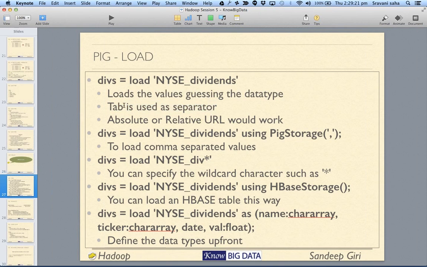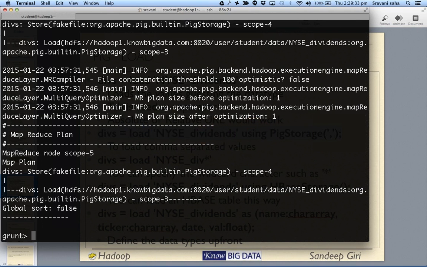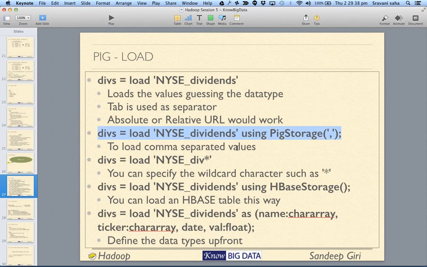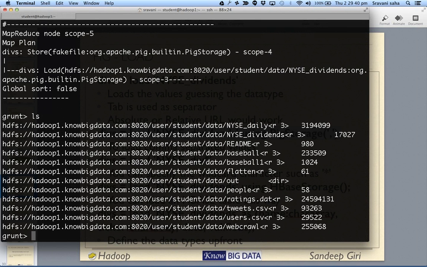Now, tab is the usual separator. In case you want to load something which is comma separated, you put NYSE dividends using PigStorage comma. Had your data been comma separated, you would have used that. For example, say we have got